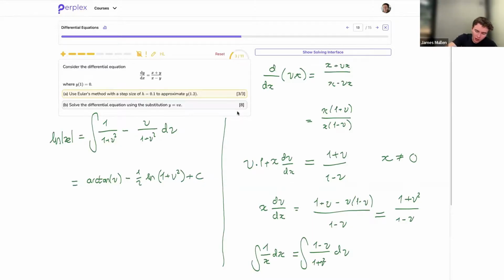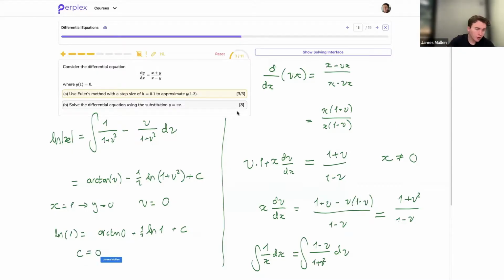So now I use my initial condition, which says that x equals 1 and y is equal to 0, which means that v, which is equal to y over x, is equal to 0. And so I have ln of 1 is equal to arctan of 0 plus half ln of 1 plus 0 squared, which is ln of 1, plus some constant c. Okay? Now, arctan of 0 is just 0, and the ln of 1 is just 0, and the ln of 1 on both sides,